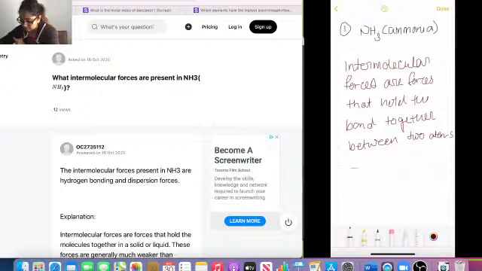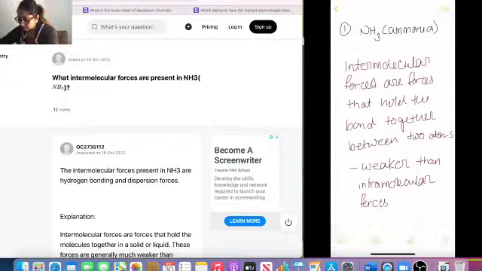So we can say these are weaker than intramolecular forces. Okay, and so we can say the strength of the intramolecular forces is directly proportional to the polarity of